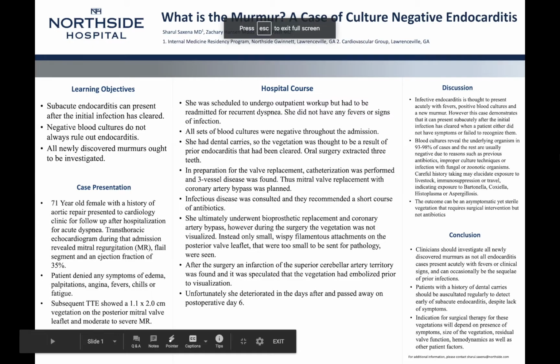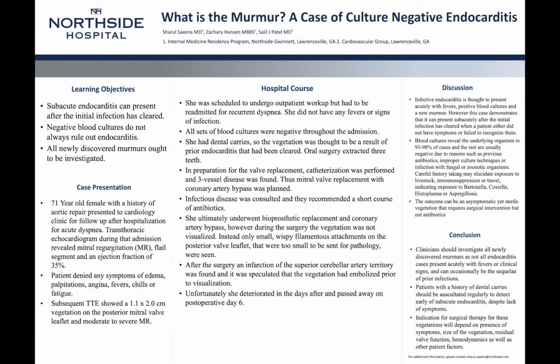What is that murmur? A case of culture-negative endocarditis by Cheryl Saxena, Zachary Hansen, and Dr. Sil J. Patel. The learning objectives for this clinical vignette are that subacute endocarditis can present after the initial infection has cleared, negative blood cultures do not always rule out endocarditis, and that all newly discovered murmurs ought to be